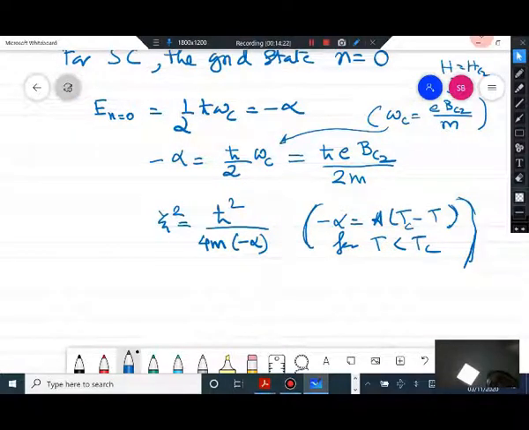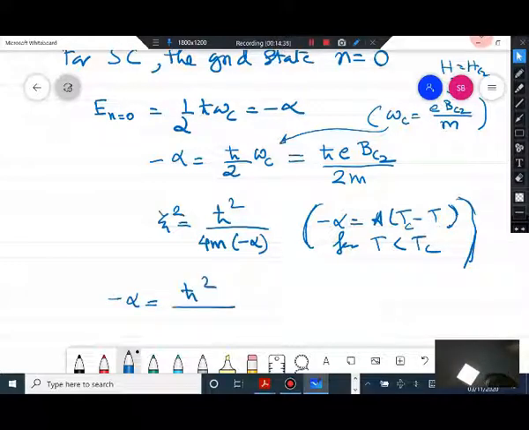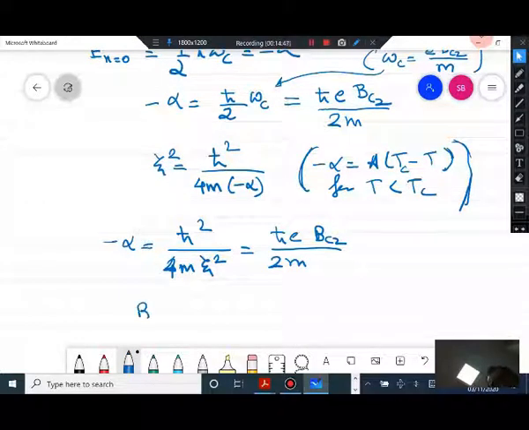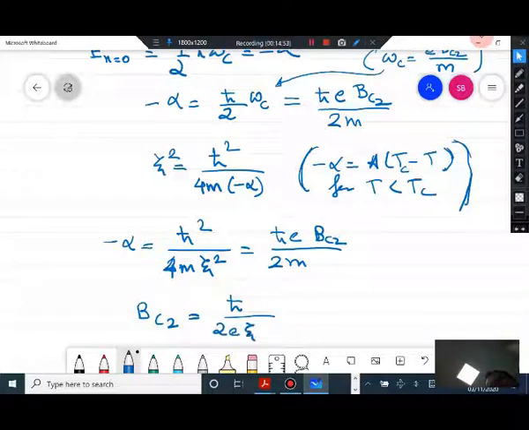And this is xi square, and so you can rewrite this expression for minus alpha as h cross square by 4m xi square, which is h cross e Bc2 by m, and therefore Bc2 becomes equal to h cross by 2e xi square, which is h by 2e into 1 by 2 pi xi square,